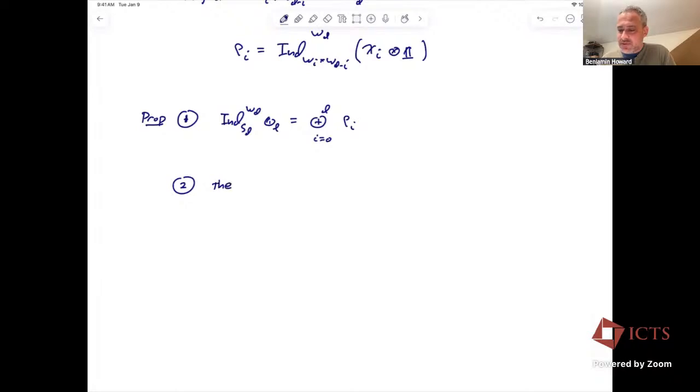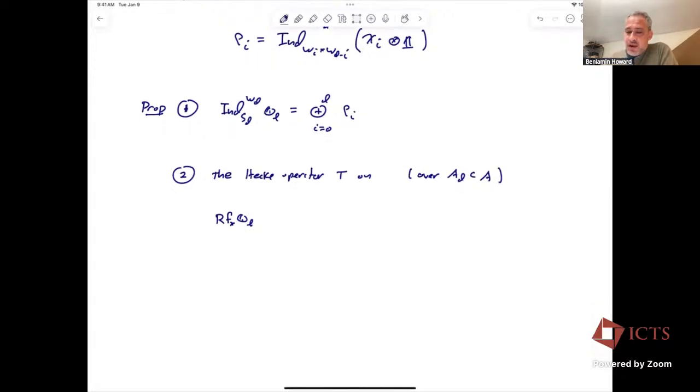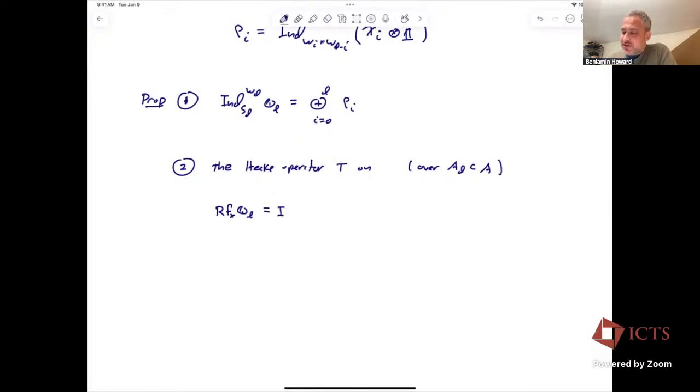So what they prove is that this Hecke operator T, so this is just over this one part of our Hitchin base, the D part, on this sheaf, which you get by starting from the trivial representation of the symmetric group, inducing it up to W_D,